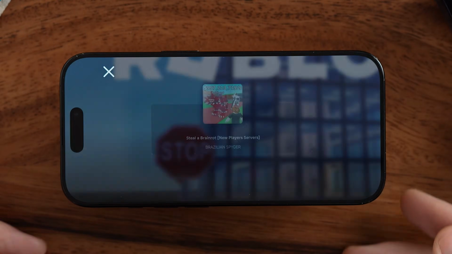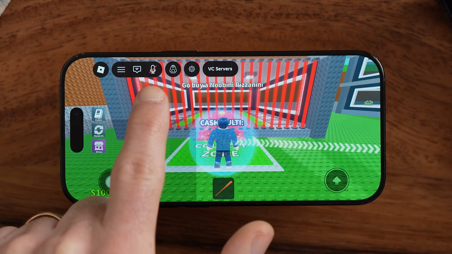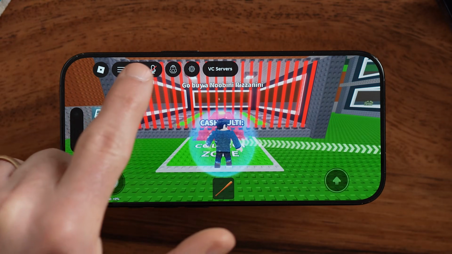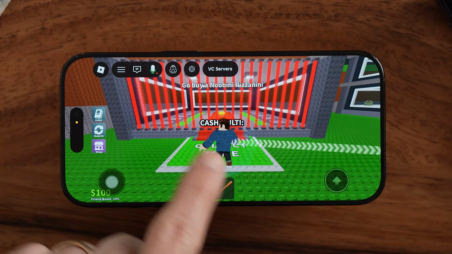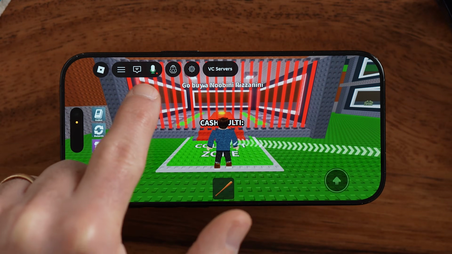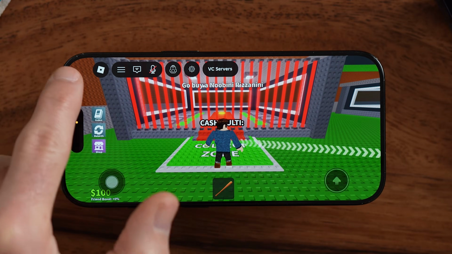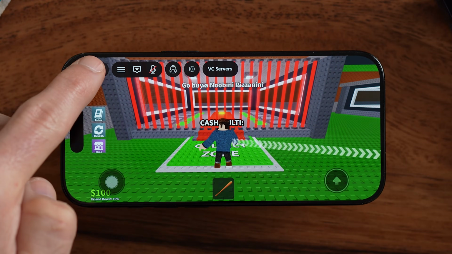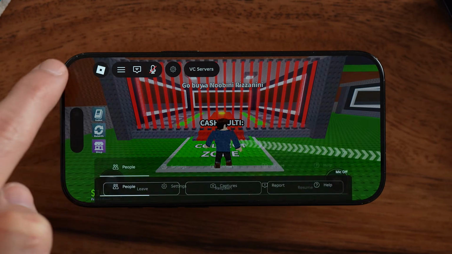The first thing is that we're going to check at the very top for that microphone icon. You can tap on it to turn your microphone on, and you can see now it is green, indicating my microphone is working. The next thing we're going to do is tap on the Roblox icon at the top left,